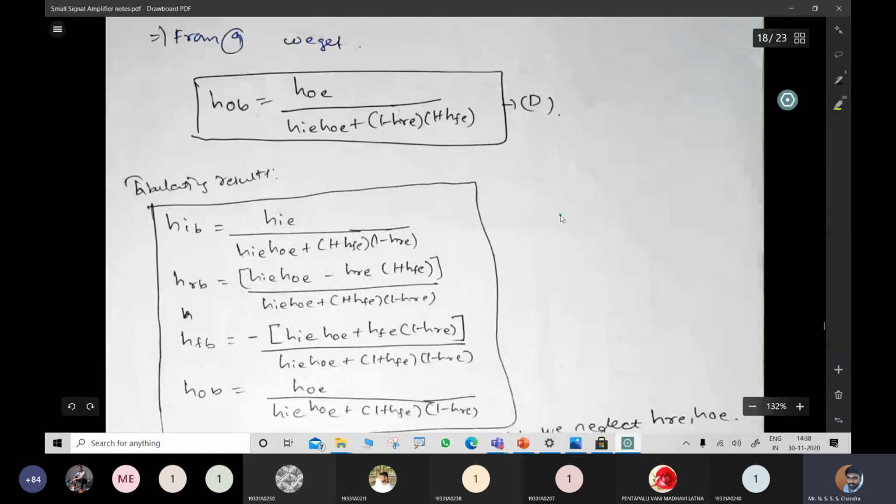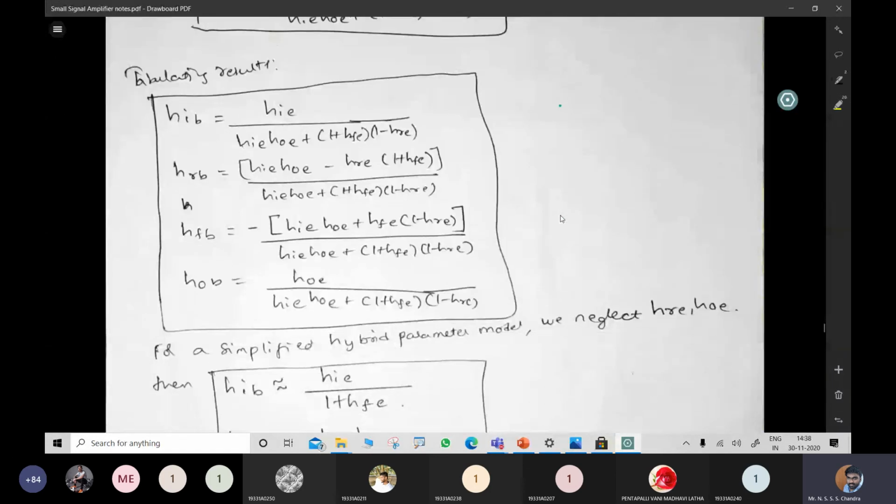So if you do the derivation, I need you to try this derivation at home. I'll be sending you this document. You try this derivation, and finally you will get these expressions. I know all these expressions are lengthy, but to solve the numericals, you need to know these expressions. So this derivation will be asked for an essay answer.